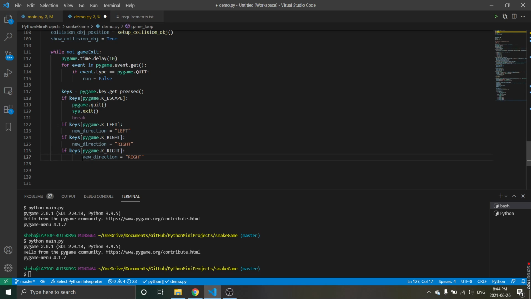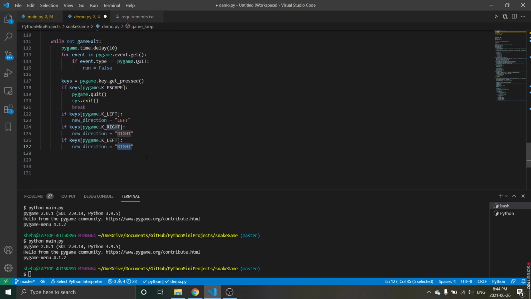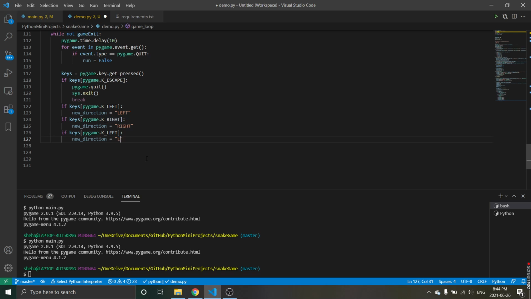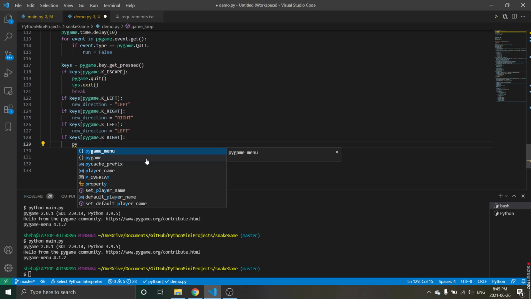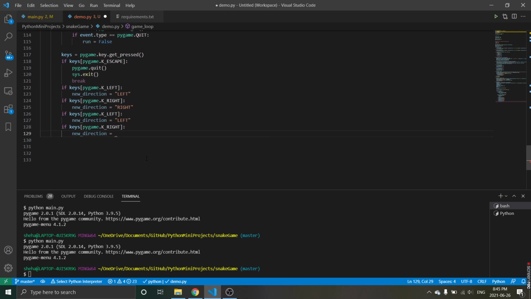instantaneously. So for example, if the snake is traveling up and the user presses down, indicating the snake to travel down, that's not allowed. What you have to do is go there indirectly. So the snake would have to go left and then down. So the snake cannot move up and then down instantaneously. It has to go up, left, down, or up, right, down. So that's the purpose of